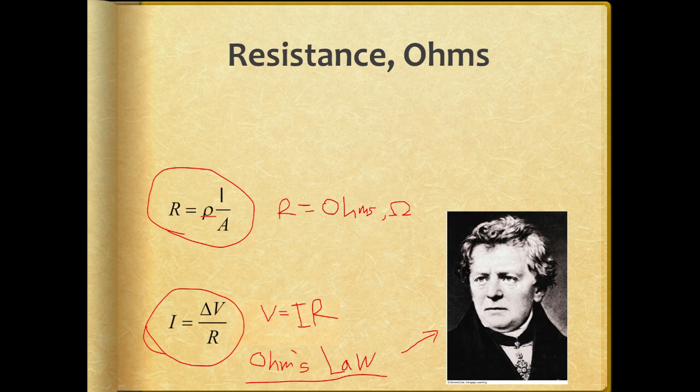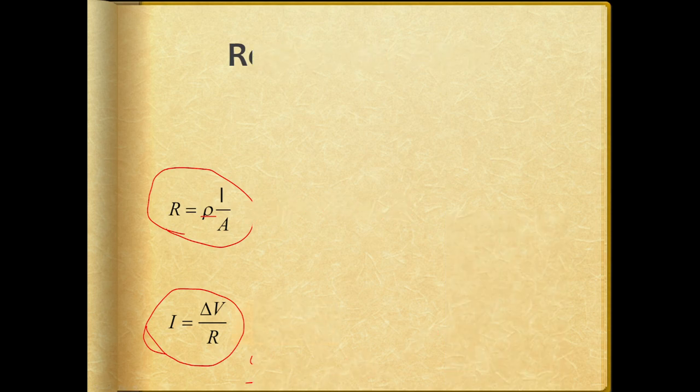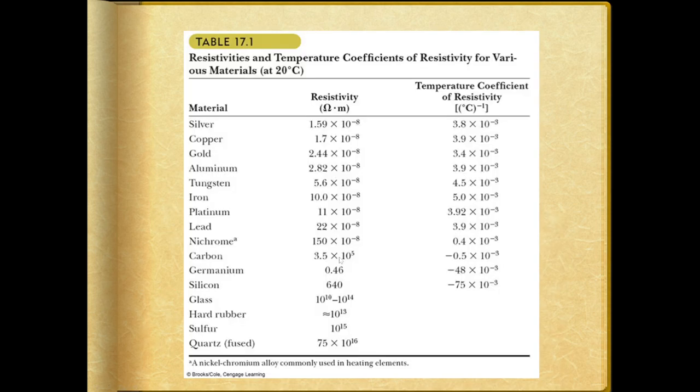In addition to these elements, well, actually, I'm getting a little ahead of myself. That constant there, the resistivity constant rho, there is a table that tells us the resistivity constant of various materials. So this is the chart that homework will refer to. This is the chart that will be in notes and formula sheets, etc. This first column here is the resistivity, that is the constant in question, in ohm-meters, the resistance of the object per how long it is,